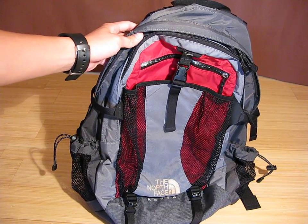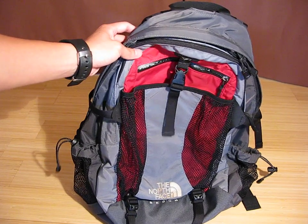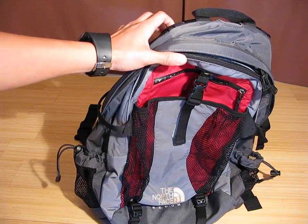Had a couple people asking for this review, so today we're going to be looking at the North Face Recon. I hunted around and actually found out my sister had one. She bought this about 5 years ago, but the design hasn't changed much, so I'm going to go over that